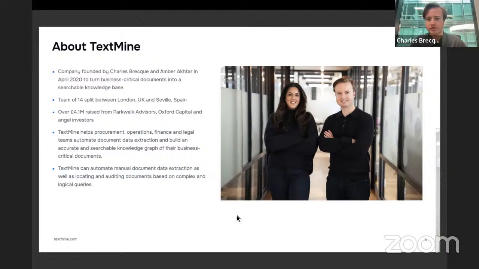But we've since broadened to other business critical documents, such as invoices, purchase orders, statements of work. And really what we do is offer an end-to-end solution for managing business critical documents. But the focus of today will be on our extraction and question answering capabilities.